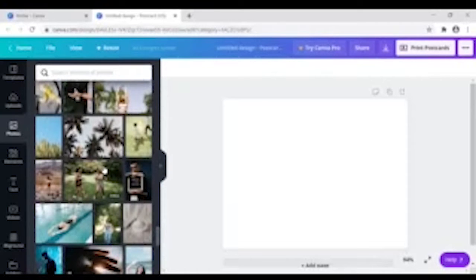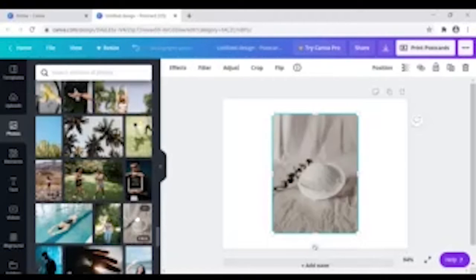Also, if I want to search a specific photo, I can do that by typing in the search box. In order to select a photo, you have to go to the photo and you have to click on it. And now you can see that I have this picture on my slide. And I can resize it by clicking on any corner of the picture.